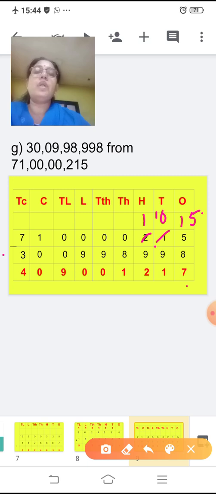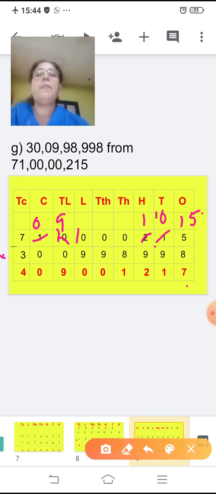So what you will do is borrow a number from the crore. Now the number in the crores place is 1. So you will make it 0, as it is a subtraction sum. This number will become 10. Now the number in the 10 lakh place has become 10, so from here you will borrow it to the lakh place. So when you borrow, this one will become 9 and this will become 10.